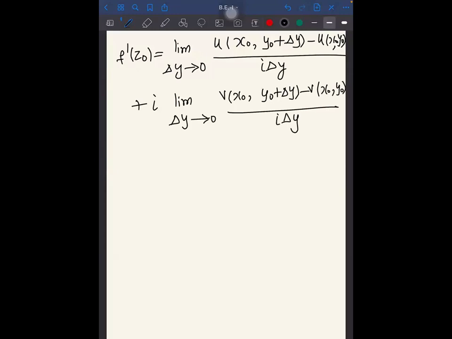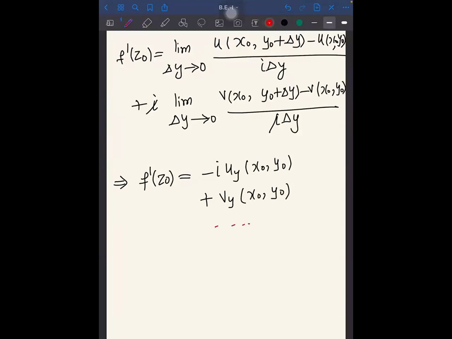So it will become what? Partial derivative of u with respect to what? Yes, y, with respect to y. So finally it will become u y at point x naught y naught plus simply v y at x naught y naught, right? So I'll call this triple star.